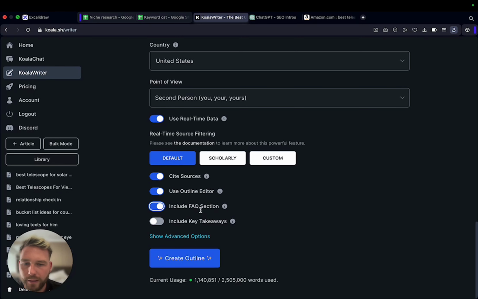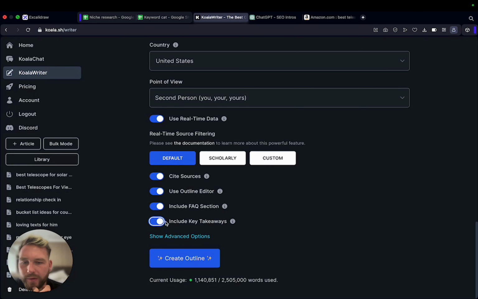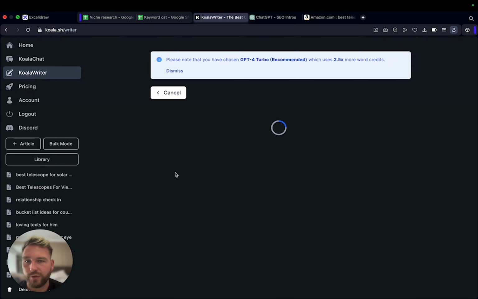We'll add an FAQ section in, and we'll add a key takeaways section in. I don't really mind the key takeaways a little bit because I kind of do that on the intro myself. But with the key takeaways, what you can do is add a custom quote box and put that custom quote box around the key takeaways, and it just makes the formatting look 10 times better on your website, and it's an automatic way to improve the look and feel of your site without much